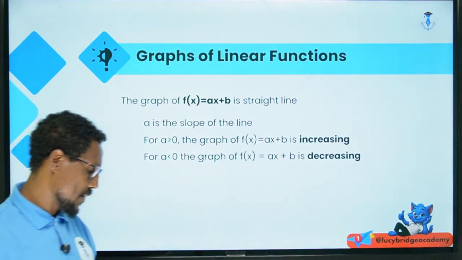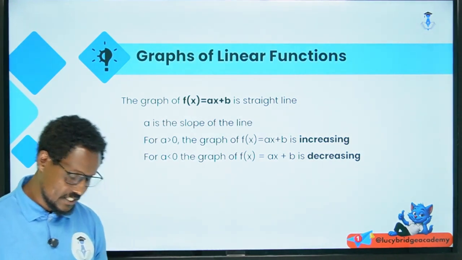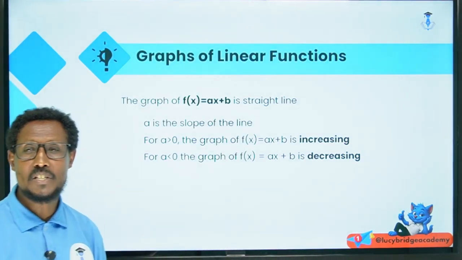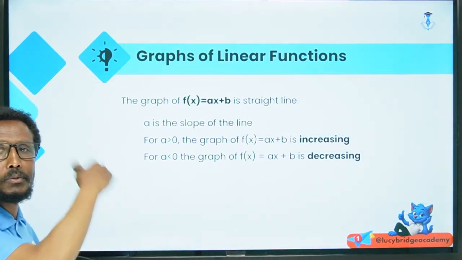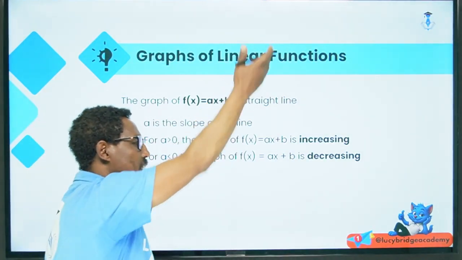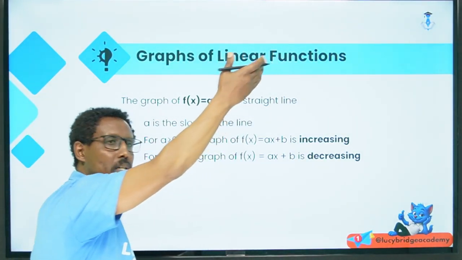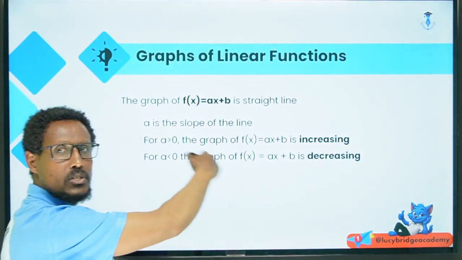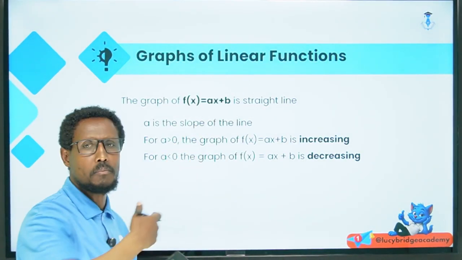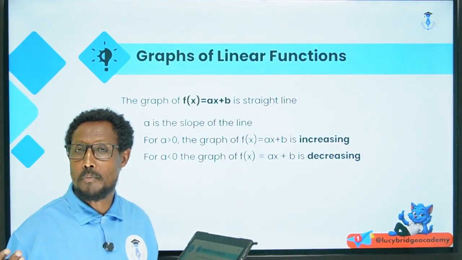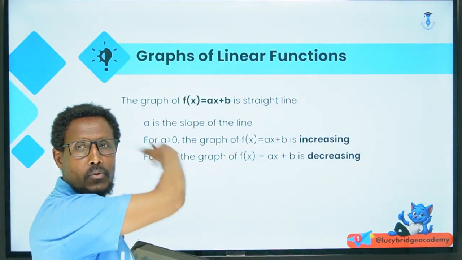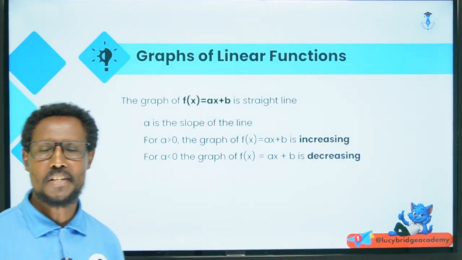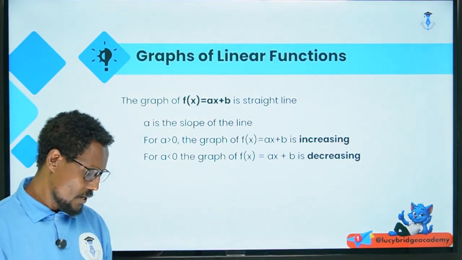Okay, the graph of f of x, ax plus b is a straight line. Yes, it is a straight line. The graph of every linear function is always a straight line, right? Either from top right to left bottom or from left top to right bottom, right? ማንኛውም ሊኒየር ፋንክሽን ግራፉ ስትሬት ላይን ነው። from top right to left bottom ከሆነ a ወይም ስሎፑ ፖዚቲቭ ነው። from left top to right bottom የሚሄድ ከሆነ ደግሞ ስሎፑ ኔጋቲቭ ነው ወይም ዲክሪዚንግ ነው እንላለን ማለት ነው።